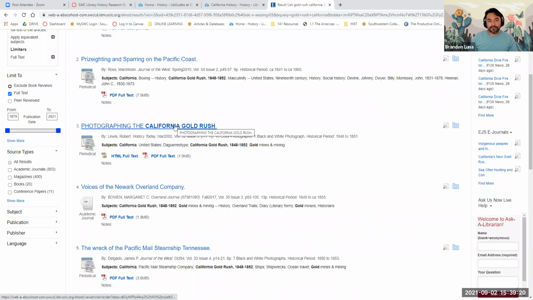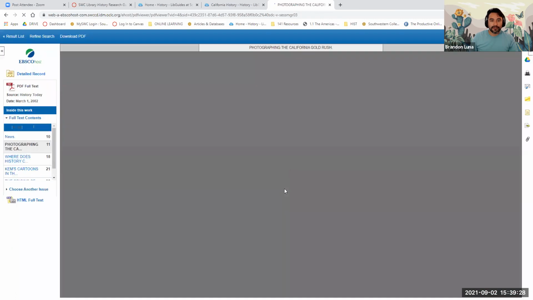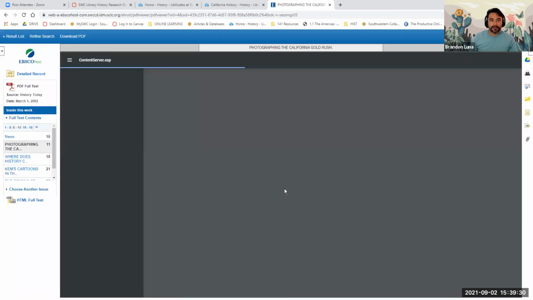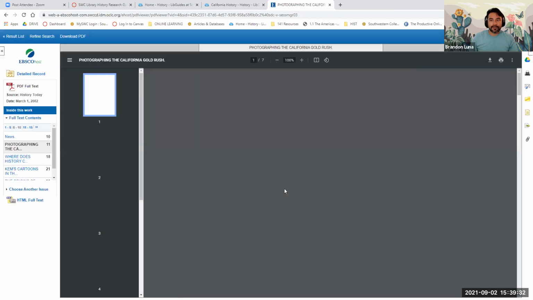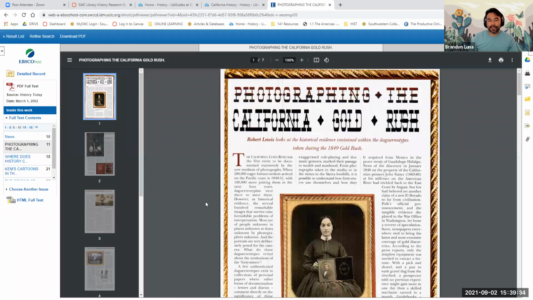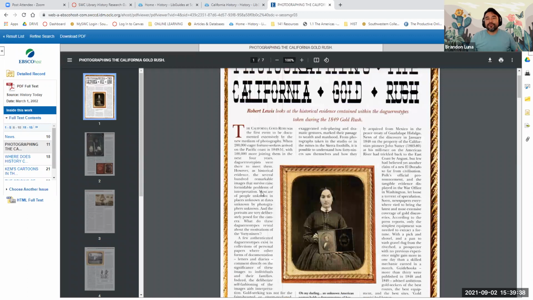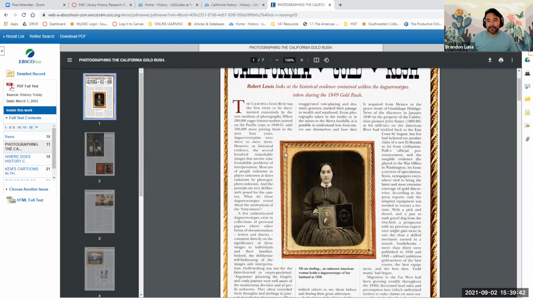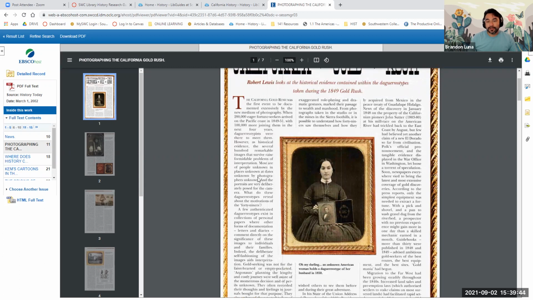And let's just say we want to take a look at this, photographing the California Gold Rush. Luckily, my computer is working at a pretty good pace here. So if you were researching the gold rush, you could use this article as one of your sources.